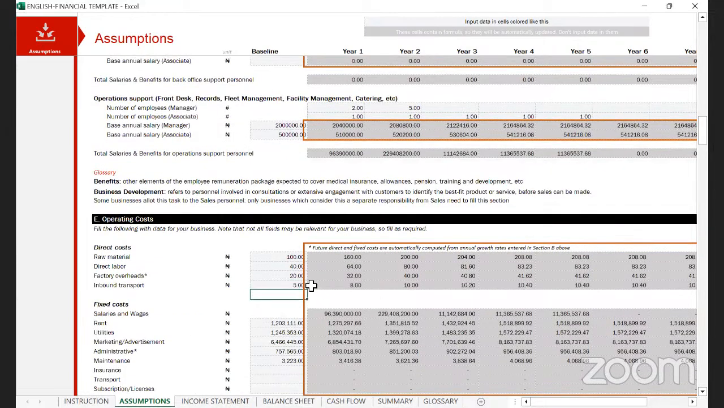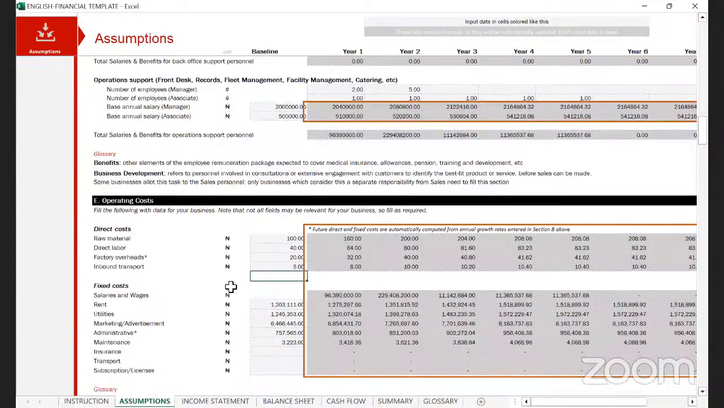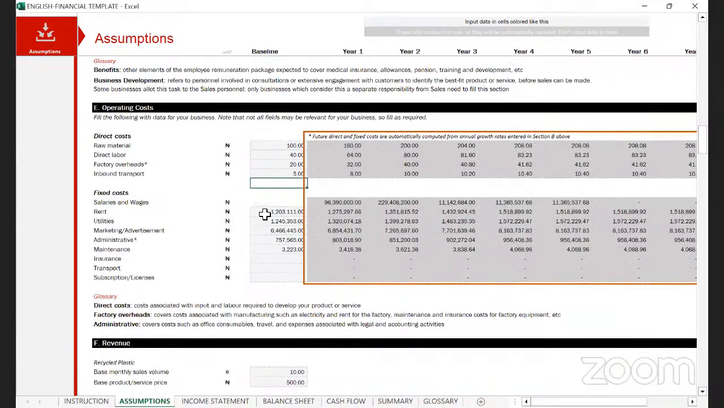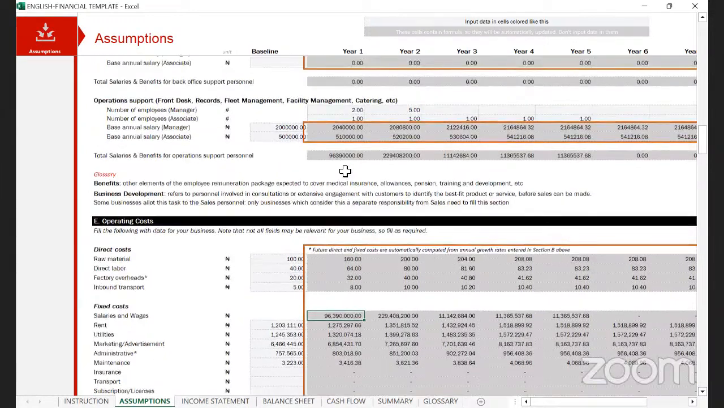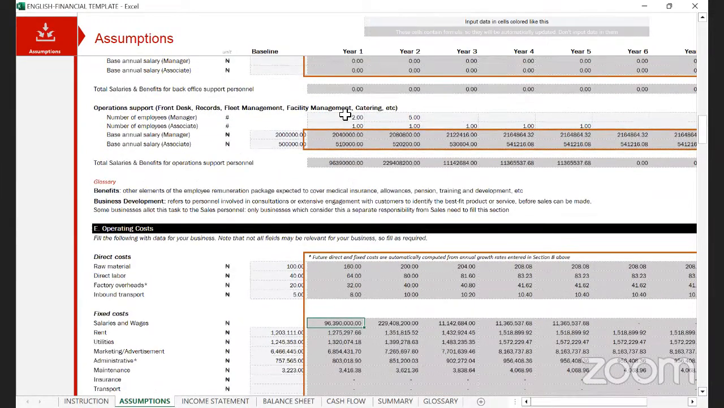And I'm filling in the numbers, and you can notice that as I fill the numbers, it populates the year 1 to year 5 projections. It's likewise for the fixed costs. You don't need to put in salaries and wages because it's picking this number from the total from the previous